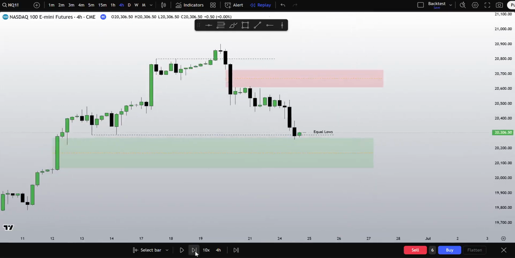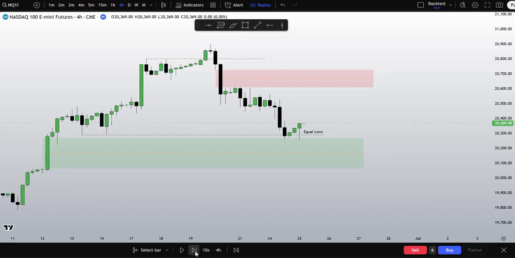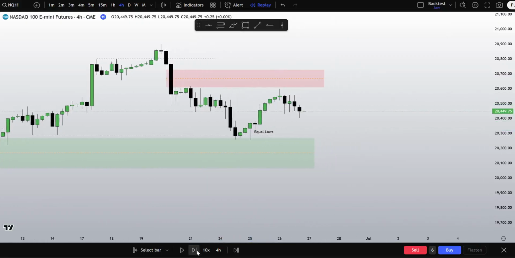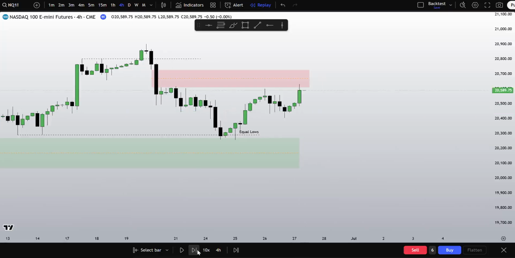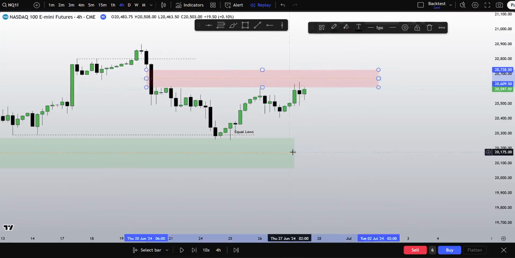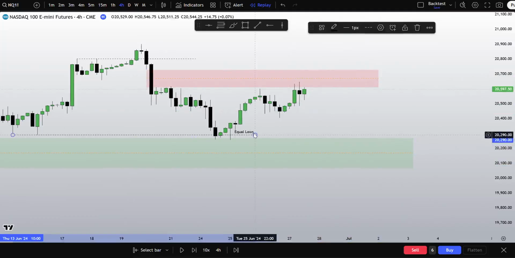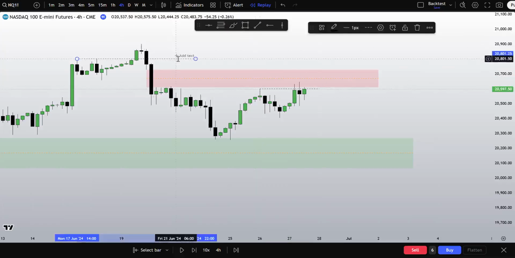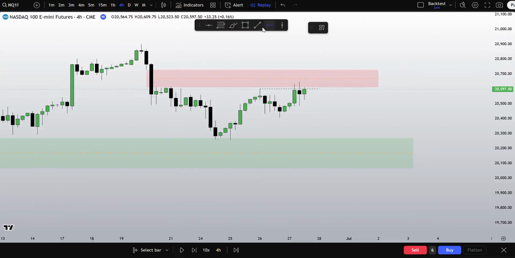Again, we're going to see if it gets respected. It appears to be respected right now. And so, yeah, that's what I want to see. 26.09. Came close. Didn't tap into it yet. And there you go. Tapped into the 26.09 level at the imbalance. So we can take that out. You can see once it did that, we took this high. We could take this out as well. We'll mark this.